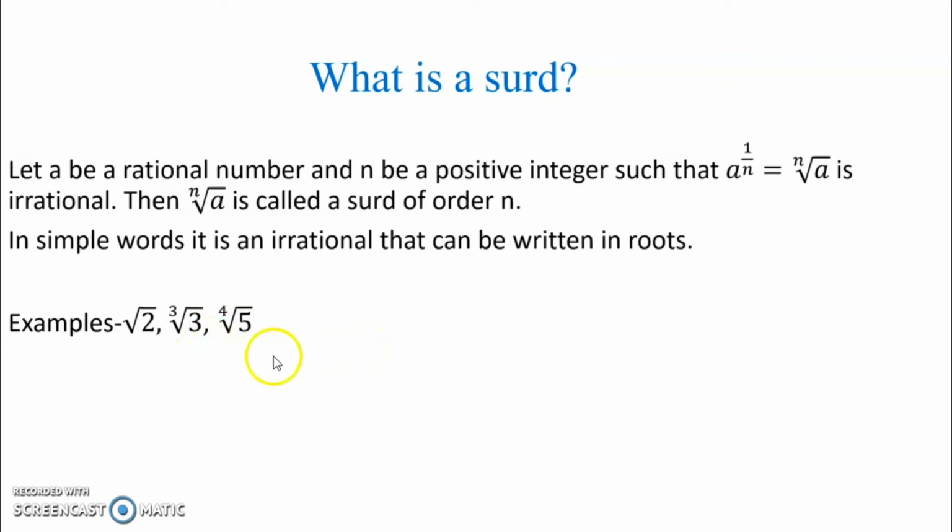Now can you think about an example where the nth root of a number is not a surd? So here I have given an example. Suppose you take root of 4. You can see that the number 4 is rational. If you take the square root of 4 also, then you get number 2, right? The square root of 4 is 2, which is also a rational number. So this will no longer be a surd. These were the definitions of index and surd.